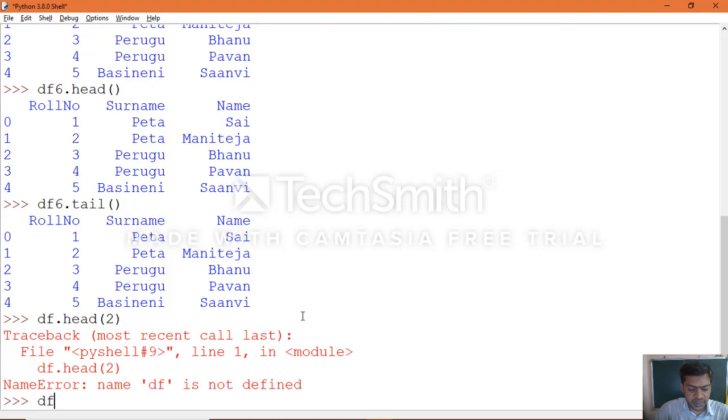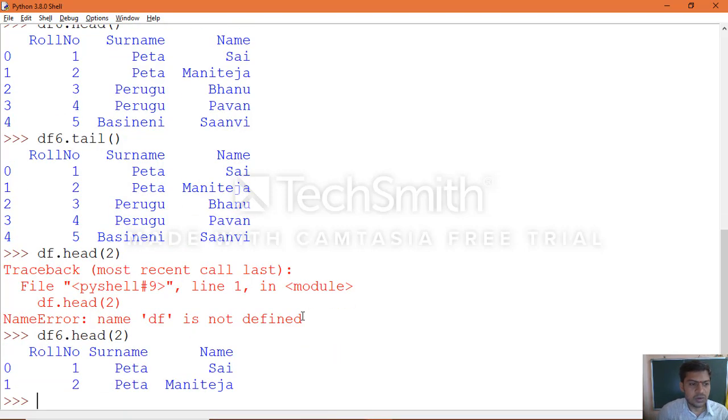Sorry, I made a mistake with the object name. Head of 2. You will see only the top 2 rows. In the same way, if you apply the tail function with the number 2, the bottom 2 rows will be extracted.